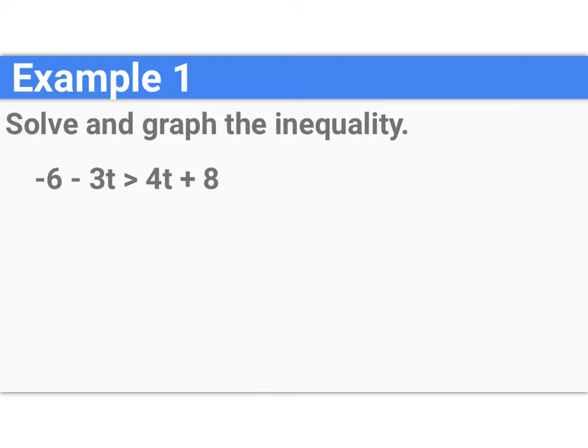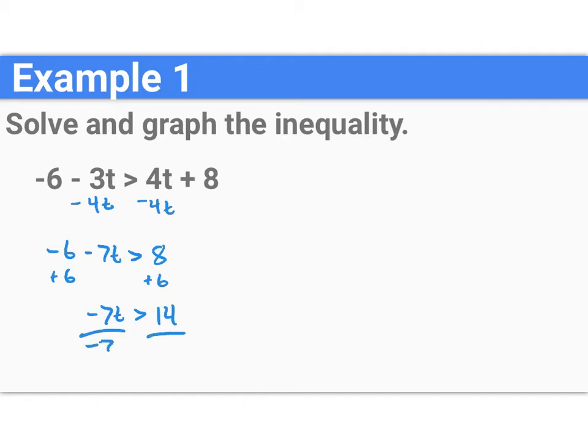So I always like to keep my letters on the left, so I am going to move the 4t. So I'll subtract 4t from both sides. So I get negative 6 minus 7t is greater than 8. I'm going to add 6 to both sides. I get negative 7t is greater than 14. I'm going to divide by negative 7